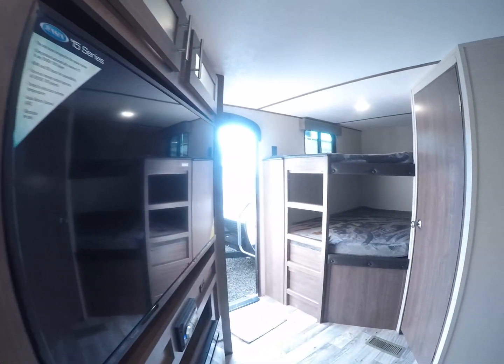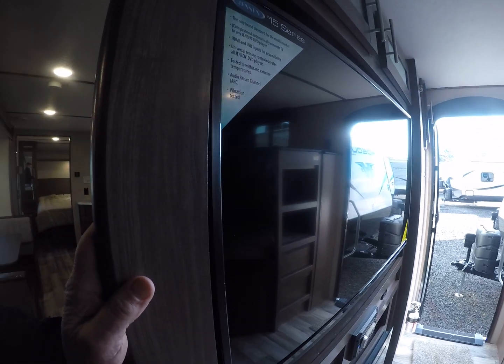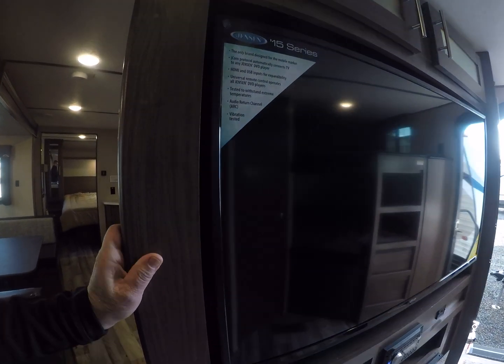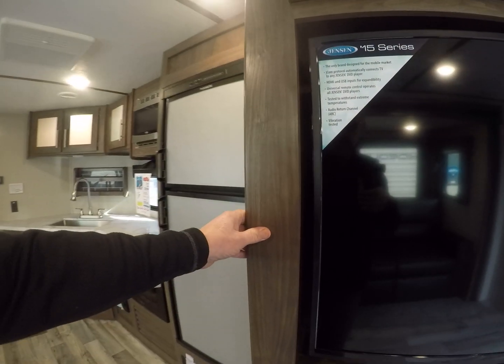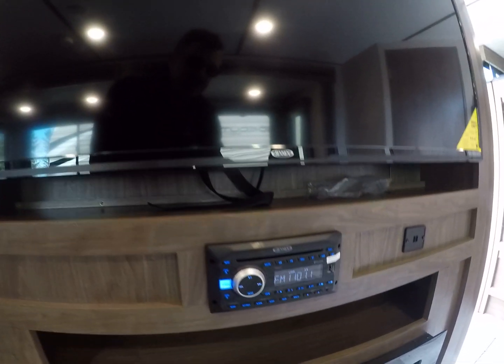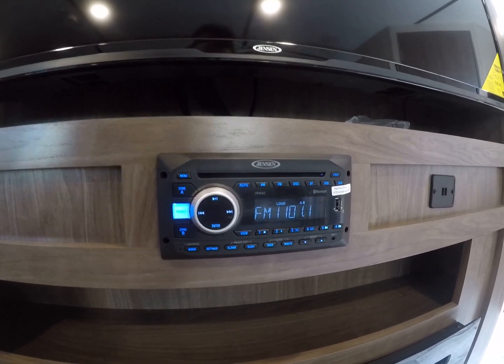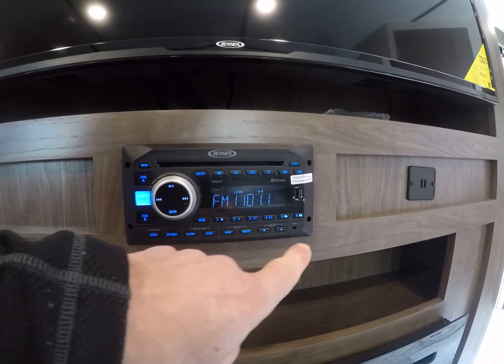Now if the kids are in their bunk, look what you can do here. The kid movies, it's all for them. So then you can close her right back up again. It's held in place with magnets. Snap shut. Got the Jensen AM FM CD DVD, and I'm sure Bluetooth somewhere here, wherever the button is. Jensen television, that's the big Jensen. That's their